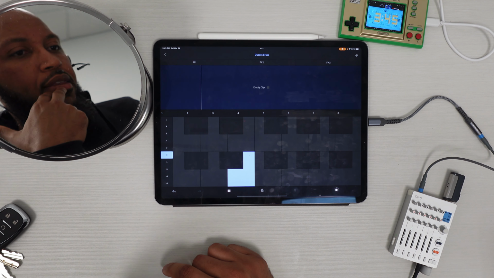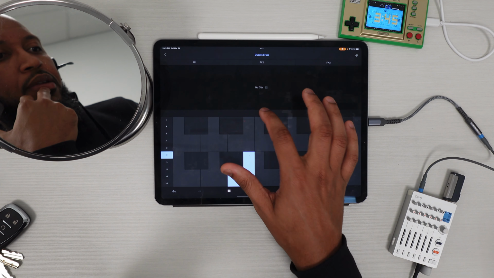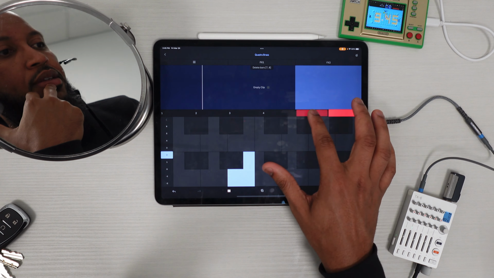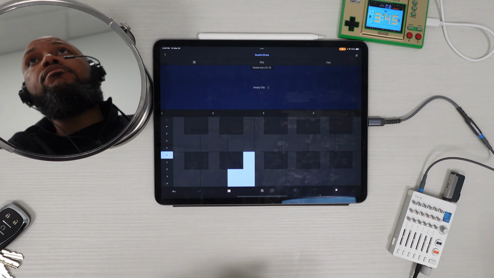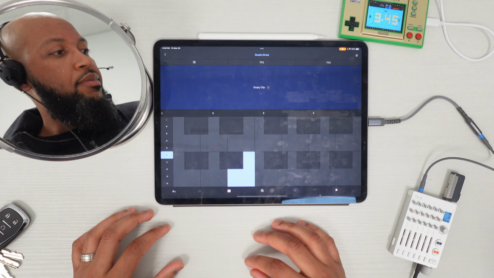So I can do that. And if you want to get rid of it, you just swipe them. But you can add 8 bars. What if you wanted to get rid of 2? That makes 6. I like that. It's a cool workflow. All right, so I've used this enough to know that I'm excited to spend some more